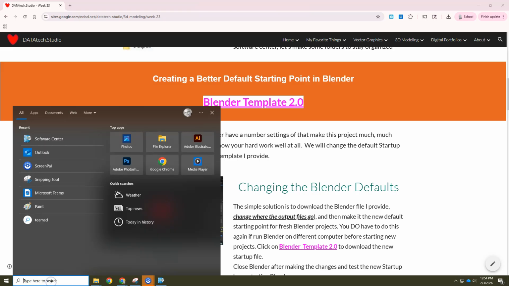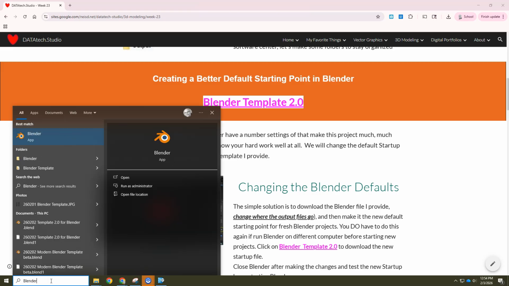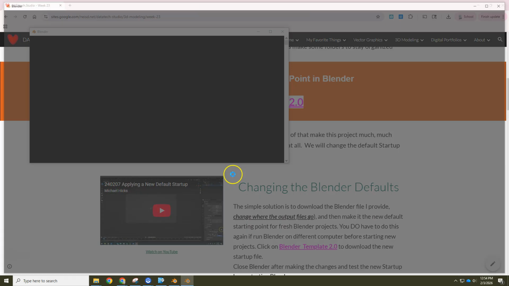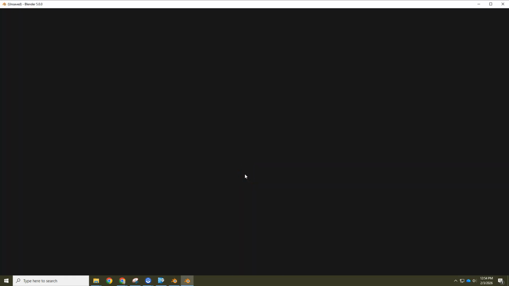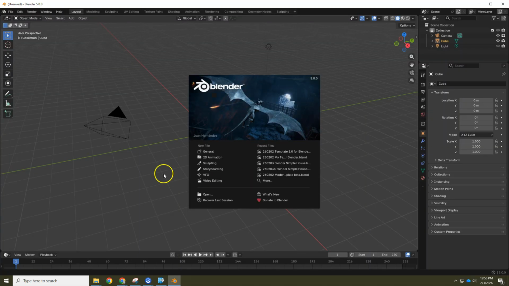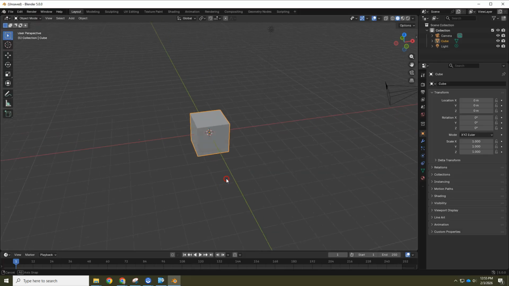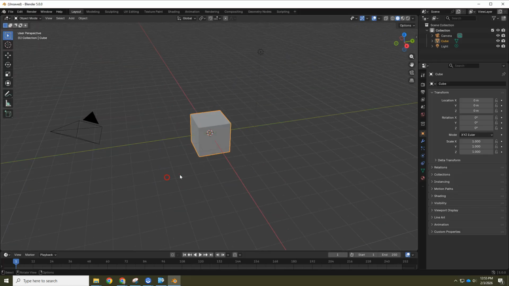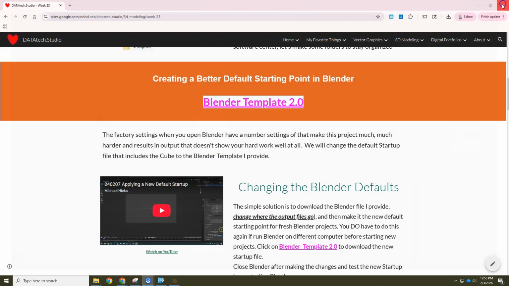We're going to be using Blender to animate our models. When you run Blender, the default settings that come with it are not going to work very well for us. So I'll show you what it looks like when it's not the one that you should be working in. It comes with a cube like this. So if you see this, you need to stop right away and go back and get the template that I